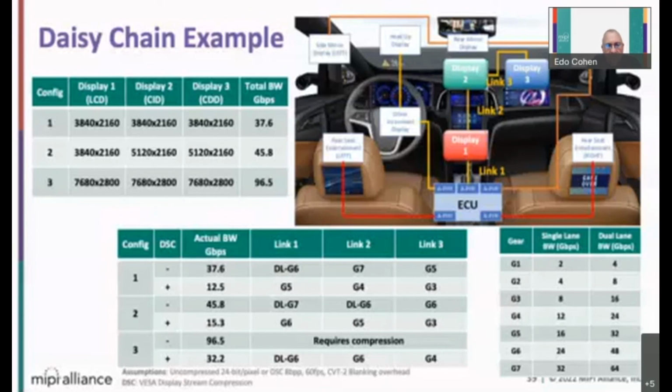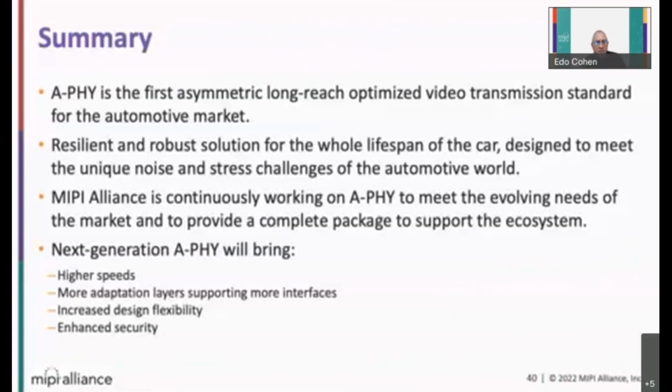So we have asked about daisy chain, and I think that most of the answers would be that this is needed in many cases. And I think that now the question about the compression is very interesting. I can see again very strong support from the people that answered the poll for display compression. And I think that this is a very good indication and a very good approach going forward, in order to support the high needs of the displays in automotive systems.